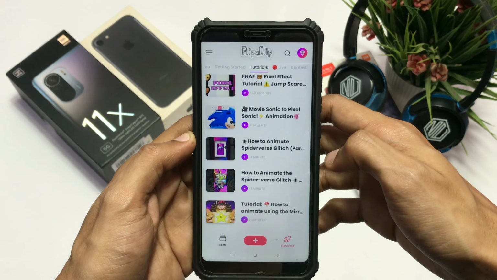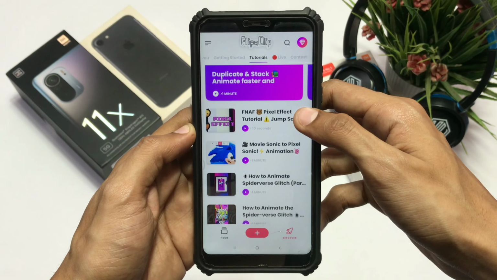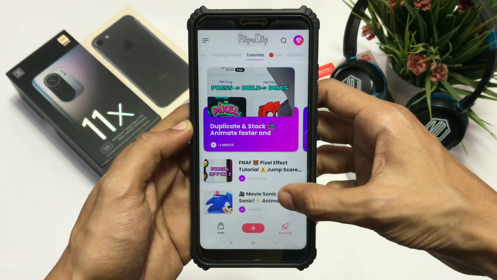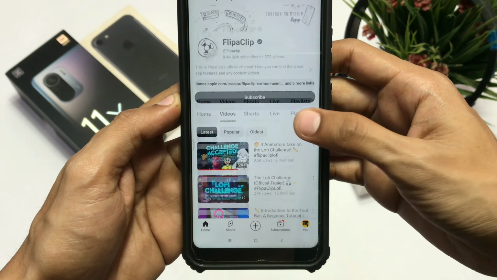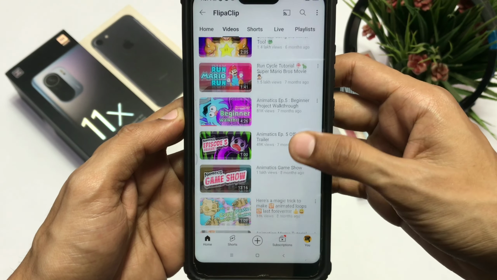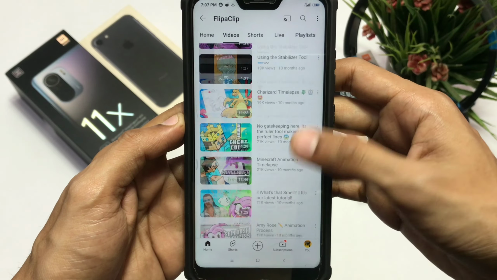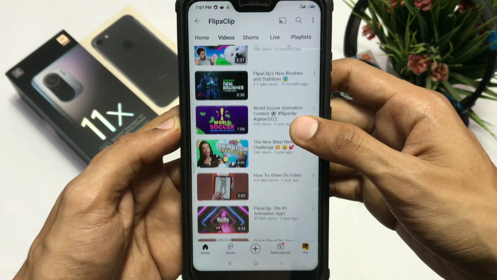You also get different tutorial videos in the app itself, so you can learn about the tools and features it offers. Also, you can watch and learn from their YouTube channel where the creators keep you updated about the new tools and updates. So it's a great tool for the animators who want to animate their projects on their mobile